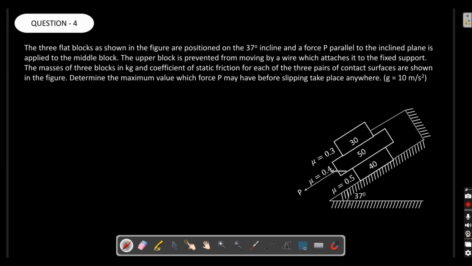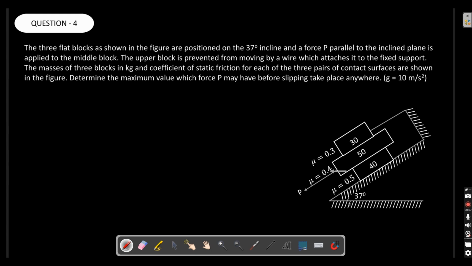Now let's see this beautiful question. Yeah, this is one of the toughest questions possible in block on block. When you deal with 3 block systems or multiple block systems, you need to identify the cases very well. So this one I'll say is one of the toughest, like advanced level. This is a very good problem, I would say. Let's read the question first.